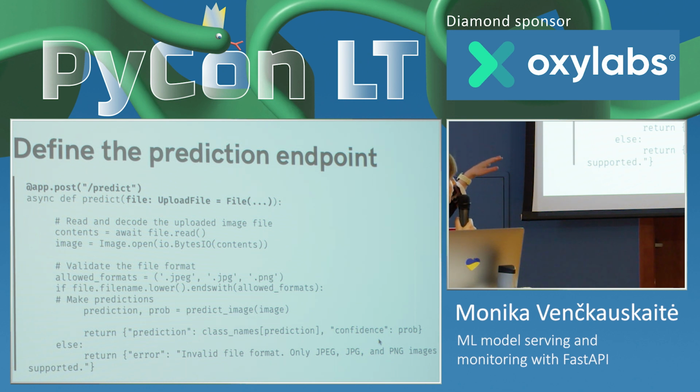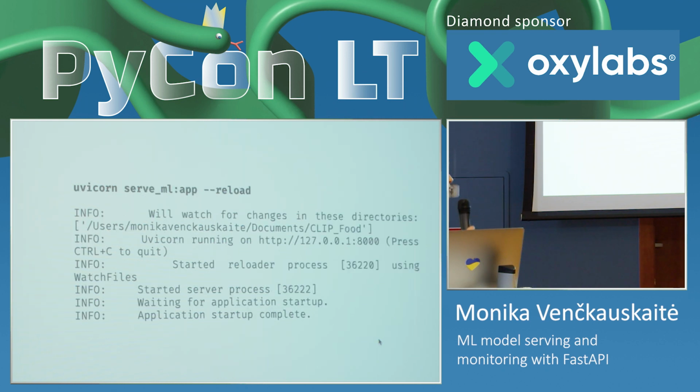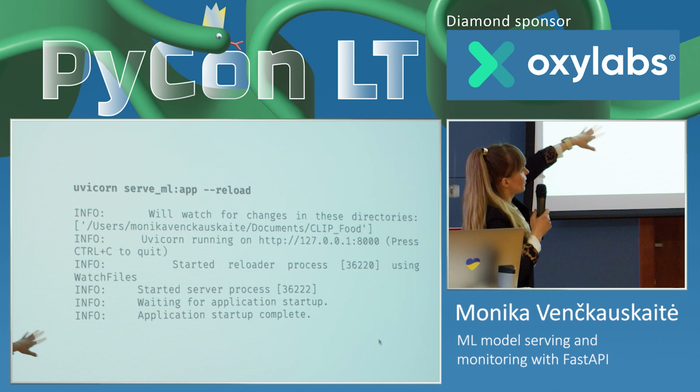So we read the file, we open the image, we make a prediction, and then we return the class name or error. You see that I only wrote a couple of lines of FastAPI code, and I already can serve my model. FastAPI is using Uvicorn, so at this point we simply serve right in the terminal: